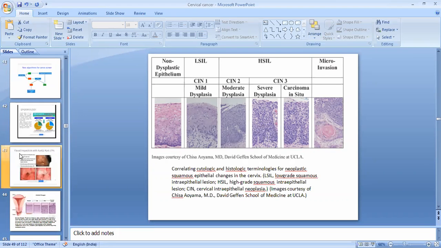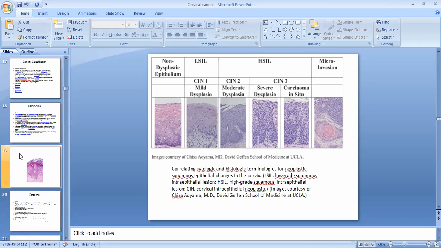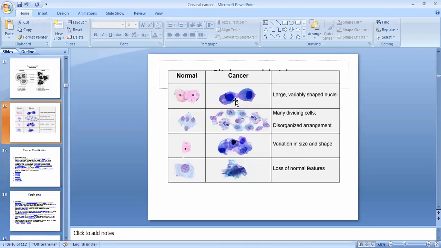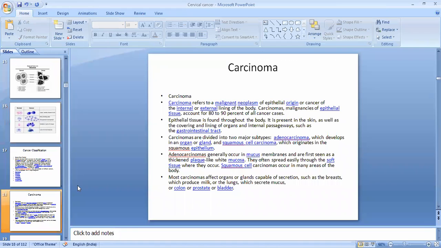Now this is how it looks under the microscope. Yes, you can see this kind of changes. And I have slides because our work is going on in our lab on this. So you can see these epithelial cells, normal epithelial cells, exactly like this. And if there are changes, you can see